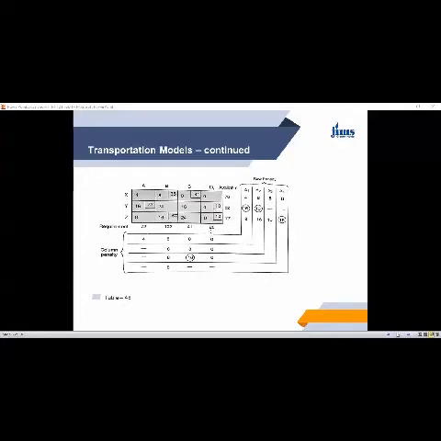And the supply is 82 units. So instead of making the first allotment at 0, we make the first allotment at the next cost, because here also you have 16, here also you have 16. So arbitrarily we choose this, and so we make an allocation of 72 units, because here the requirement is 72, supply is 82, so you are only left with 10 units. So in the first case, we do this allocation.